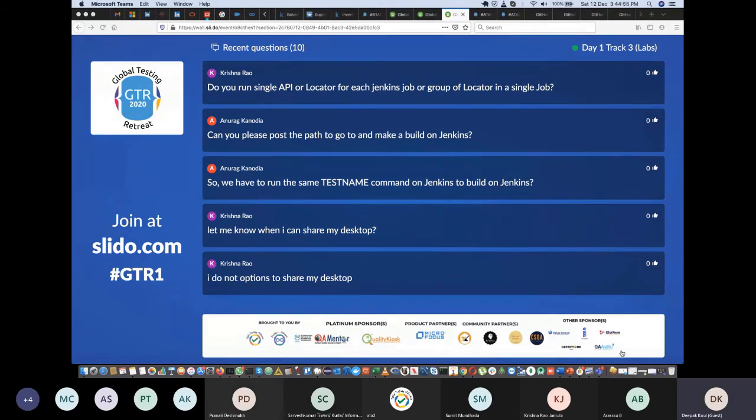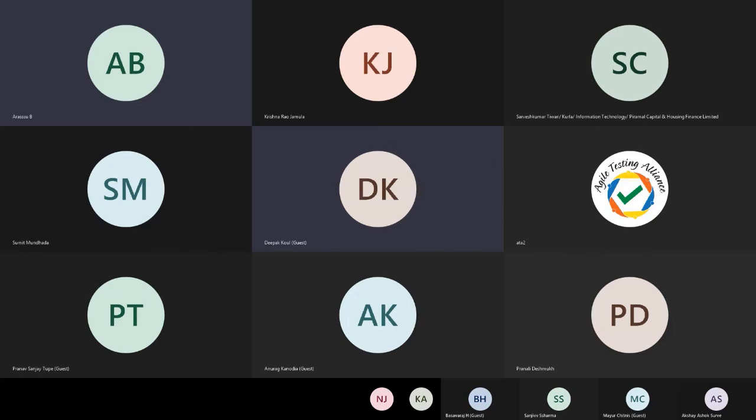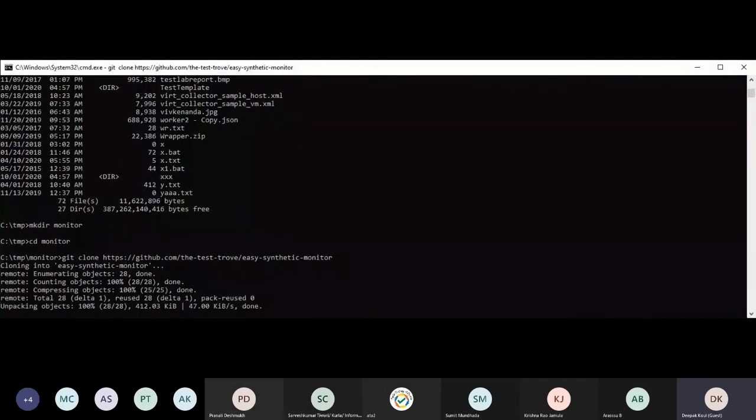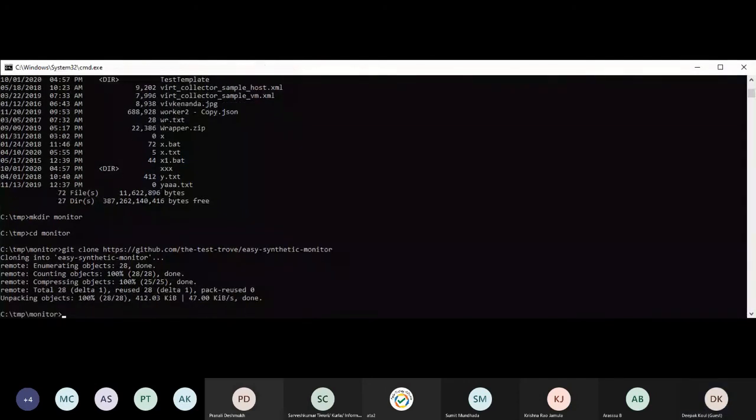Krishna, can you try cloning again? Yeah, sure. Krishna, feel free to share your screen and then do it. Hope you are able to see my screen.